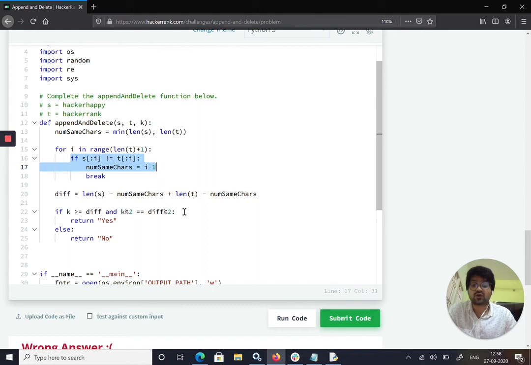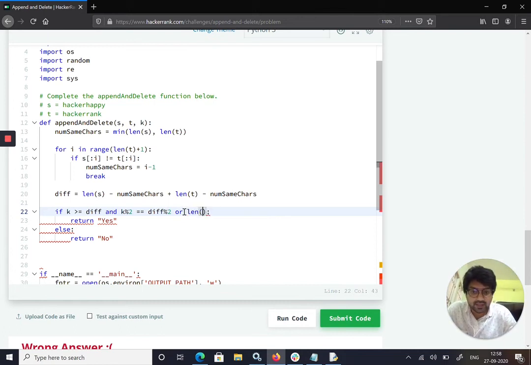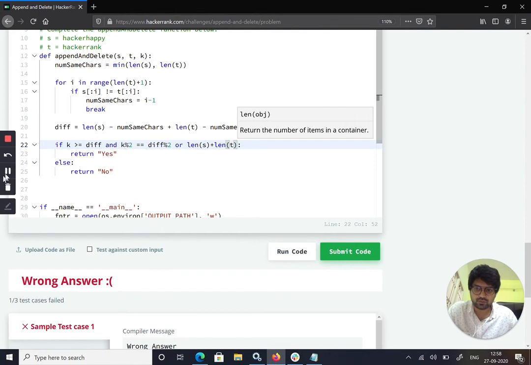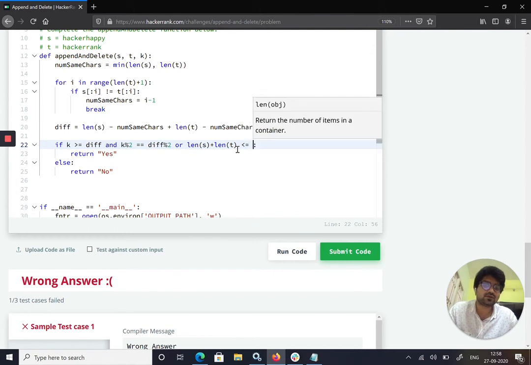So we need to perform another OR operation. We need to make sure length of s plus length of t should be less than or equal to k.